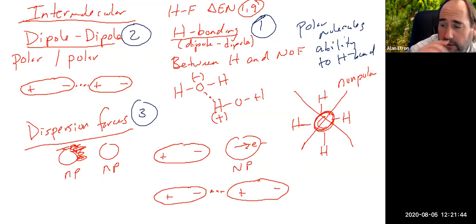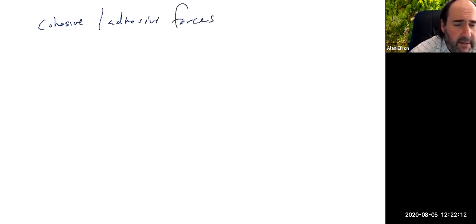We then also talked a little bit about water and some properties of solution. We talked about cohesive and adhesive forces and how they affect things. So when we look at cohesive and adhesive forces, we talked about the idea that that's what creates the meniscus